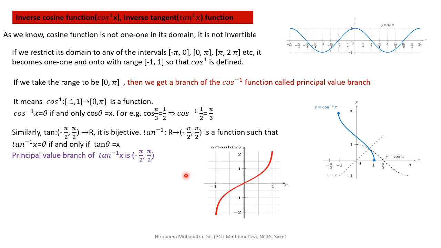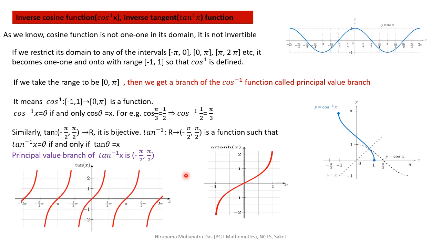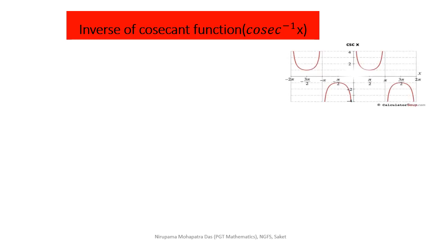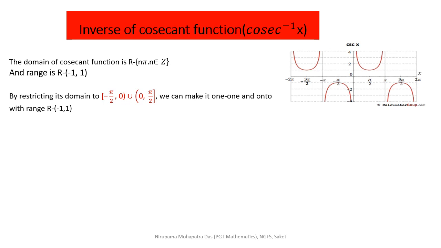Okay, this is the graph of tan x and tan inverse x. So f of x equal to tan x, the graph we have already discussed in our first slide, and this is the graph of tan inverse x. Okay, and the next point of discussion is the cosecant function. Simply you can say cosec inverse x, and see the graph of cosec x. In the other slide I have not shown you the graph, here you see.